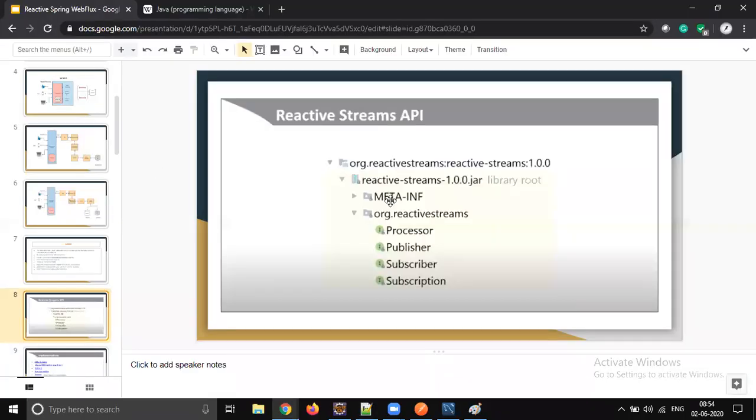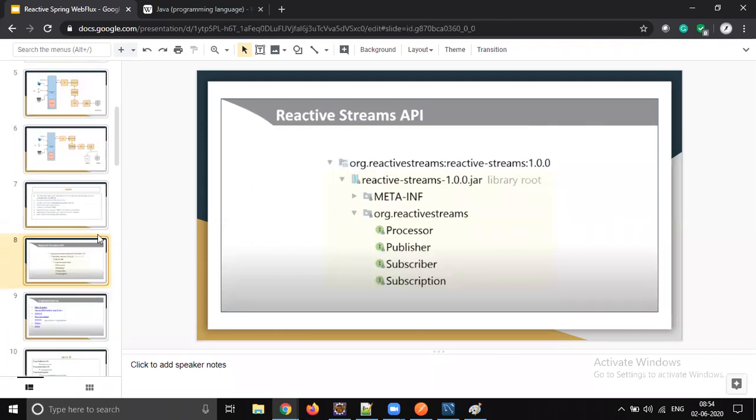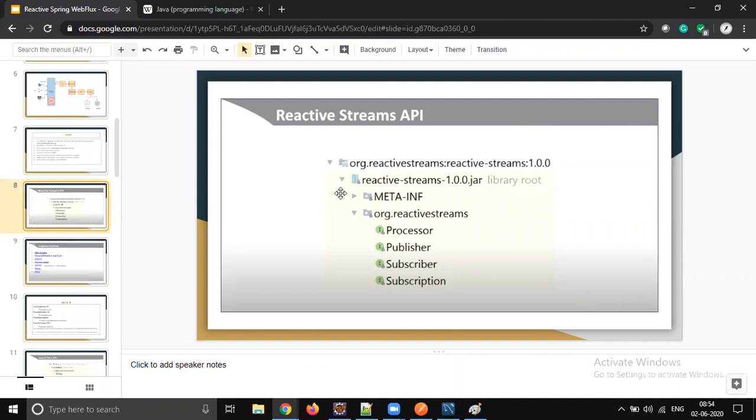That third party is org.reactivestreams. Companies that use Java a lot, like Netflix, Google, Microsoft and Twitter, took this responsibility.